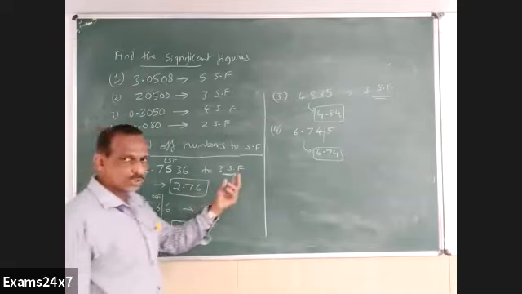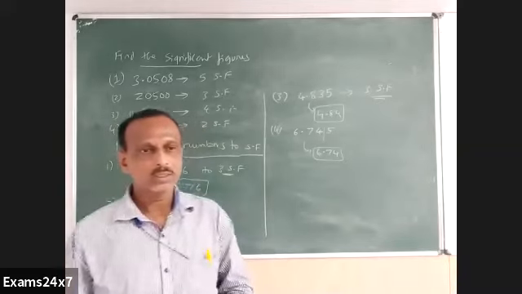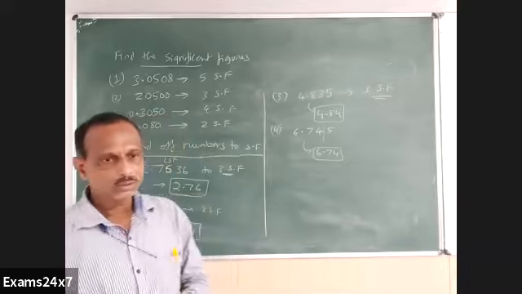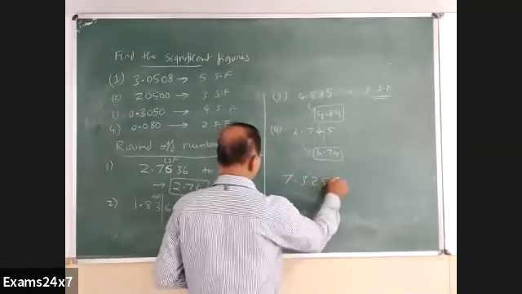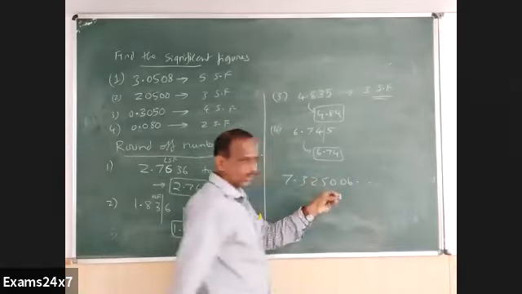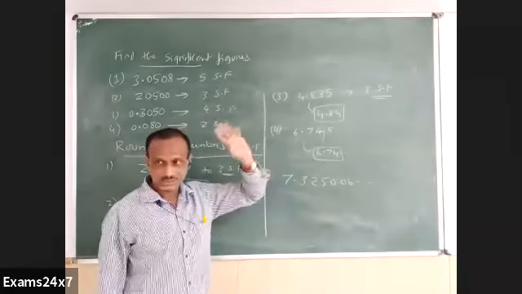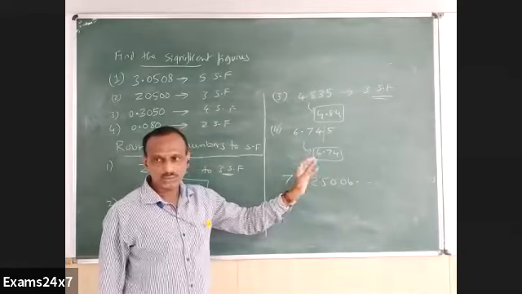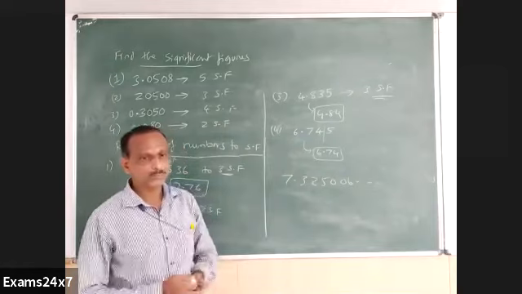Okay, let's go to the last 2 rules in this topic about presentation of an answer. In multiplication or division, using a calculator, you may get an answer like 7.325006, etc. Some 8 or 10 or 12 digits you'll get. Sometimes students give all these numbers as the answer. That is not correct. You have to confine it to just 3 or 2 or 4, etc. One particular number, you have to round it off, seeing the data.